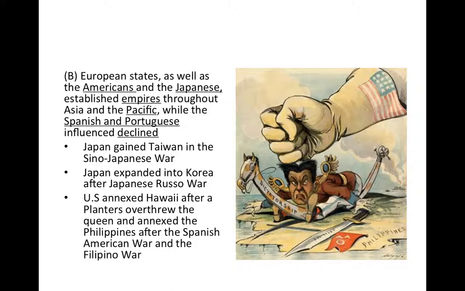The U.S. annexed Hawaii after American planners overthrew Queen Liliuokalani. We studied that in U.S. History 1. And eventually, after the Spanish-American War, they annexed the Philippines, even though there was a Filipino rebellion led by Emilio Aguinaldo. Again, we studied him in U.S. History 1. So the U.S. again acquiring or pretty much seizing Hawaii and the Philippines. Those would be the two early ones. They weren't colonies because they became part of the United States, so those were more territories.